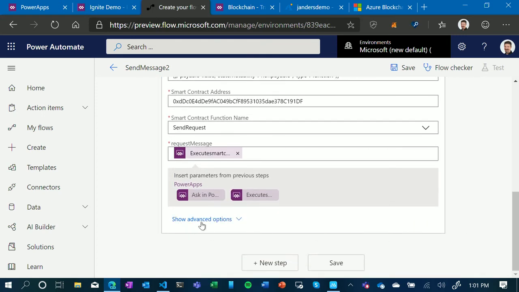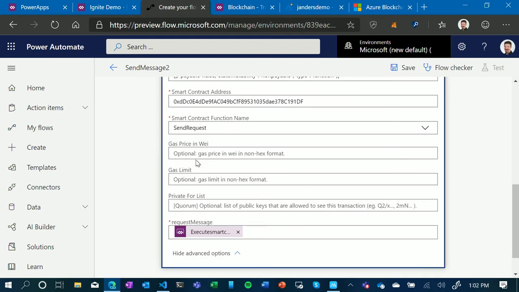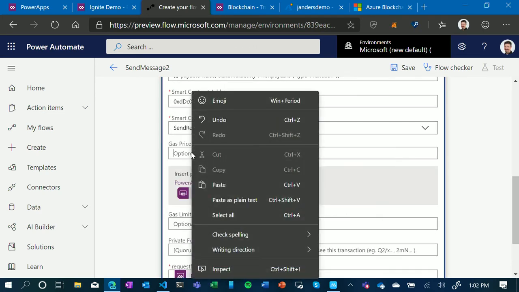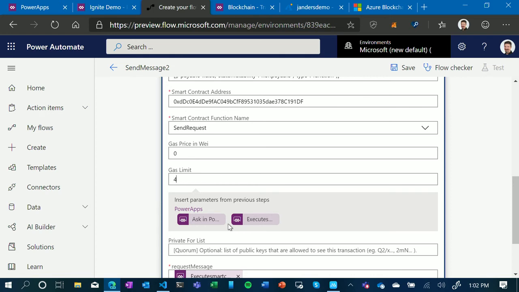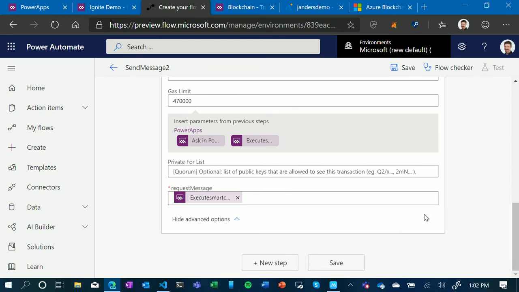Okay. Now we're going to do one more. We need to go to advanced section. So one thing I didn't talk about is gas price. So gas is a concept in Ethereum. It actually costs something. So this avoids contracts from running endlessly, avoids endless loops. So if you assign so much gas, there's a gas limit. But we don't use gas in Azure Blockchain Service. That's not necessary, but I have to set this for other reasons. We'll fix that later. Okay, so I've got that done.